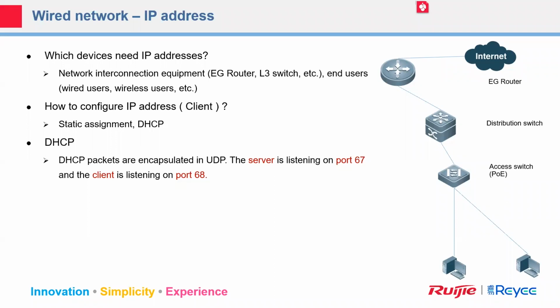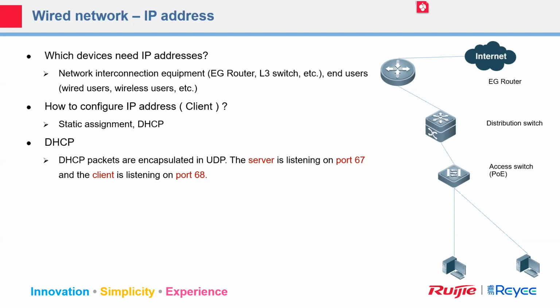If these packets are to be forwarded in the network, they have to do encapsulation. In different layers, we will add information. The special one is that DHCP packets are encapsulated into UDP. So what is UDP? Someone maybe also knows TCP, right? So what's the difference? What's the function?